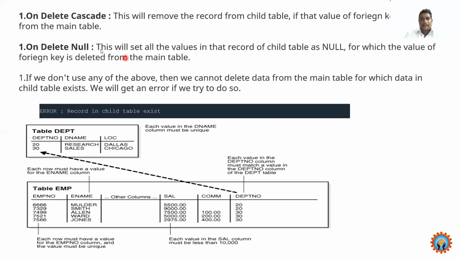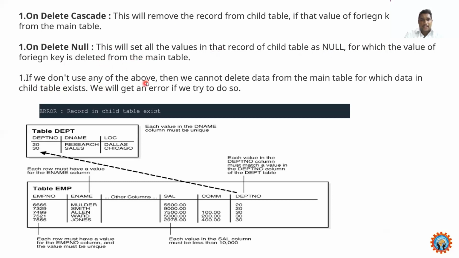Next, on delete null. If you use on delete null, all the deleted values will be represented as null values. This will set the values in that record of the child table to null, for which the value of the foreign key is deleted from the main table.